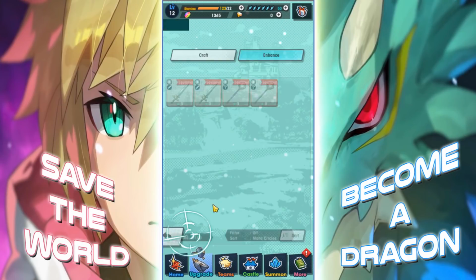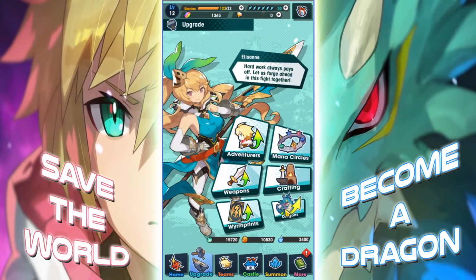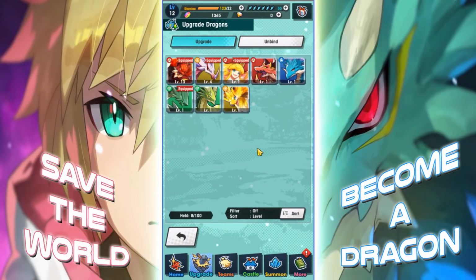So now that we've talked about crafting, we now have dragons. You can upgrade your dragons. Dragons are in the game, and you can equip different dragons to your characters. This is basically the dragon that your character will evolve into during battle. So you want to be very cautious of what type of dragon you're using, what their abilities are, and do they benefit the character that you're using it with. If you're using a light character, most times you're going to want to use a light dragon. If you're using a fire character, you probably want to equip it with a fire dragon, because certain dragons offer certain